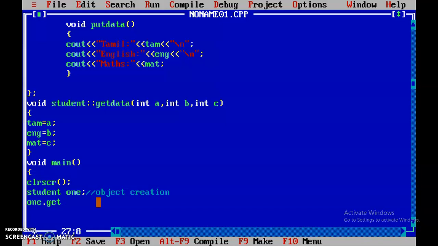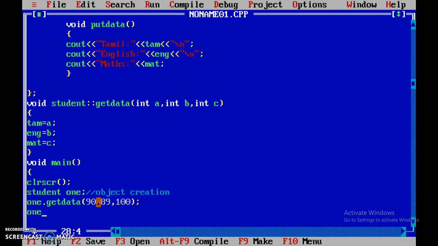The first one is getData. The getData has parameters, arguments also, so I have to give the input directly as parameters here. In my next class, I will give you the example of how you get input from the keyboard and pass it to the variable. So this is the first sample program for you. You are just starting now with how to use classes and objects in C++, so I just give a simple example today.